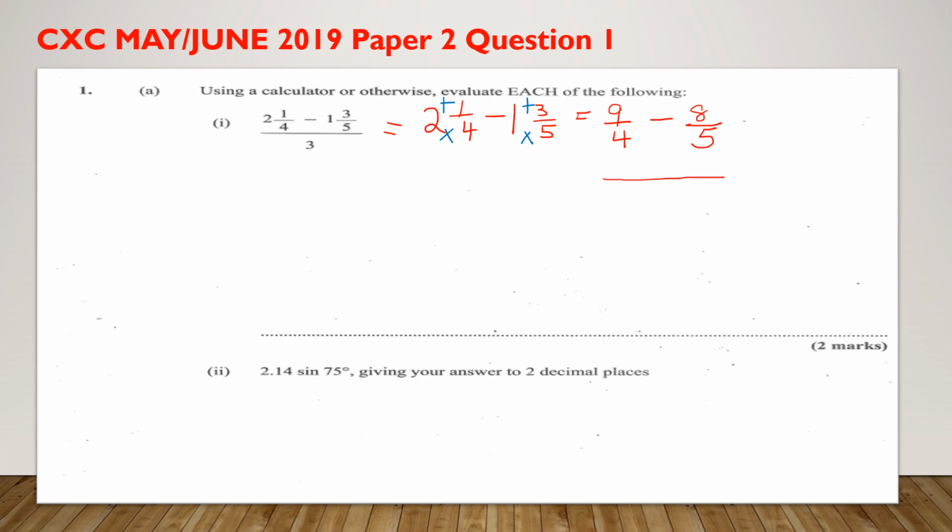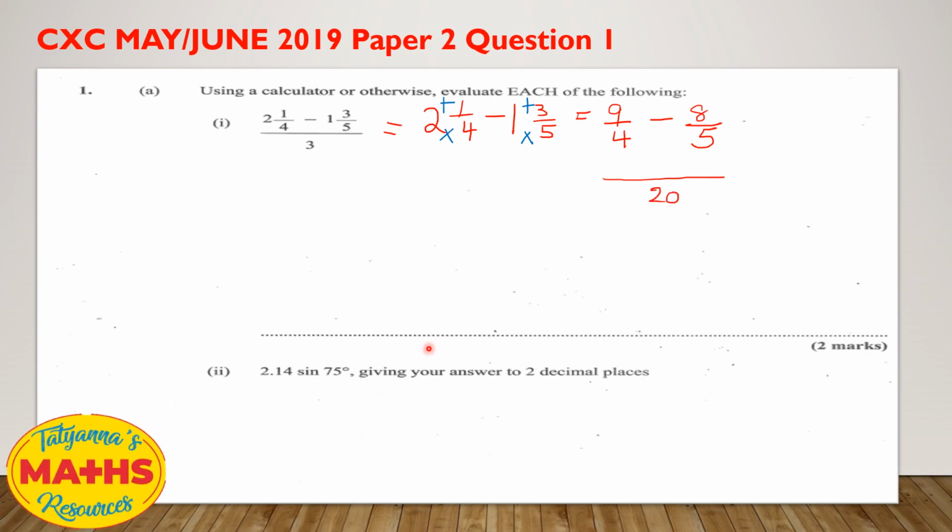The LCM, a number that 4 and 5 can go into without a remainder. We just multiply the two denominators. 4 times 5, 20. 4 into 20 is 5, and then we multiply 5 by 9. 5 into 20 is 4, multiply 8 by 4. So let's do that. 4 into 20 is 5, so 9 times 5. That is going to give us 45